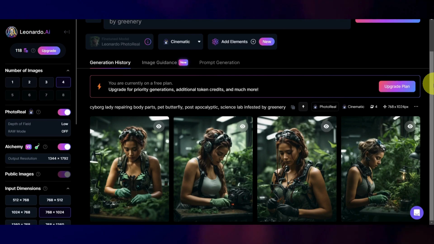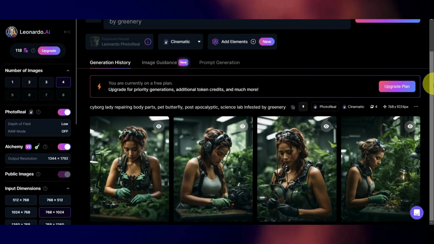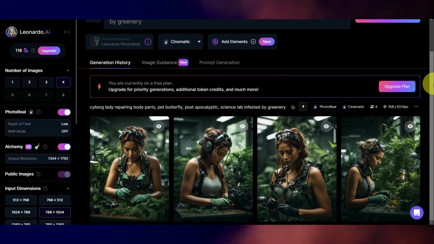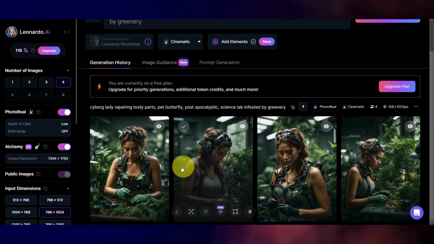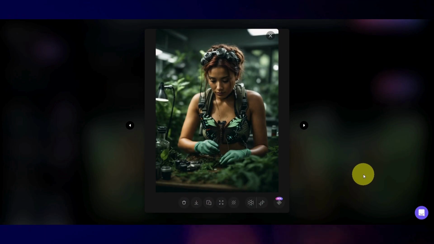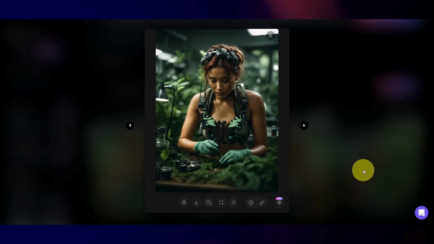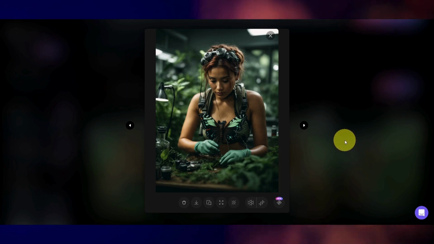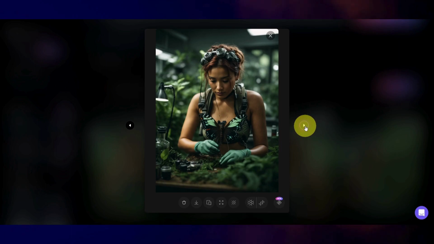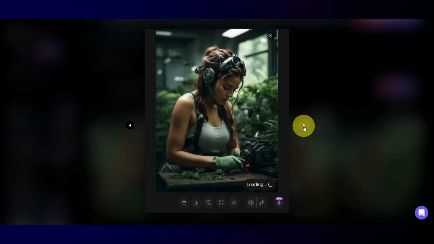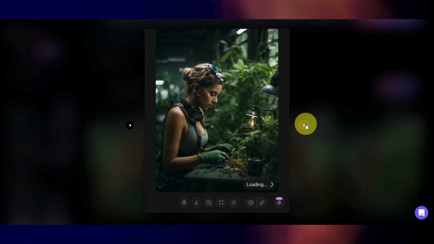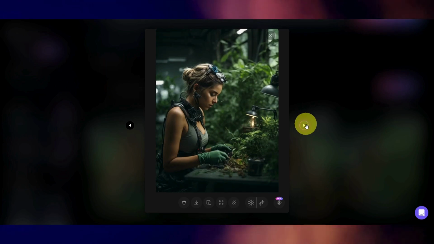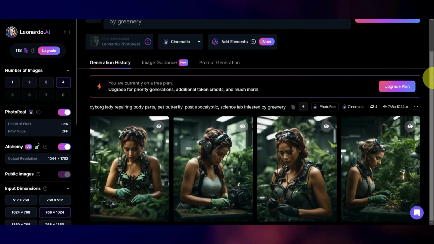So right now we can see that the 4 images that we generated are now ready for viewing, and so far in this grid view I am liking what I see because, first of all, I can see that the cyborg lady is busy doing some work. She is clearly in a greenery-infested lab, just as we mentioned in the prompt earlier, and the butterfly element is there, which is a huge plus for me, and not to mention how beautifully cinematic every photo is presented. Overall, I'm loving how the first batch came out,